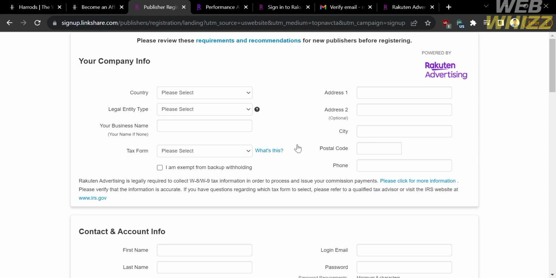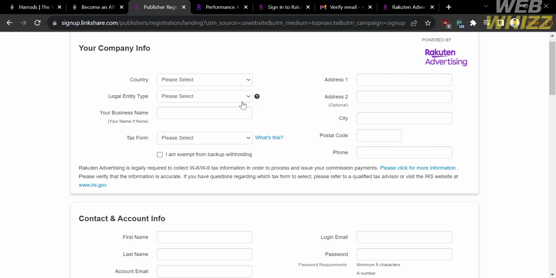And from here, all you need to do is to fill out all of the required information, including under your company info, just select here your country, your legal entity type, your business name, and also select your tax form, or check the boxes below if you are exempted from backup withholding. And aside from that, you are also required to enter your address, including your city, your postal code, and even